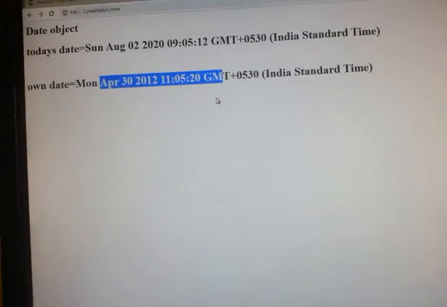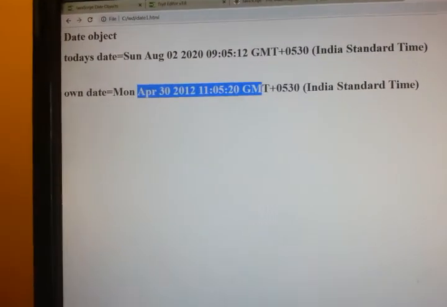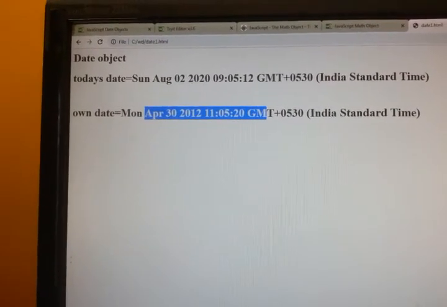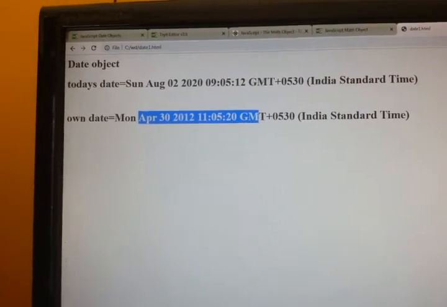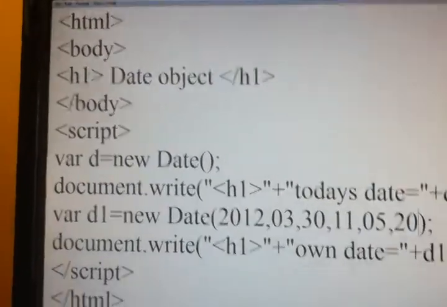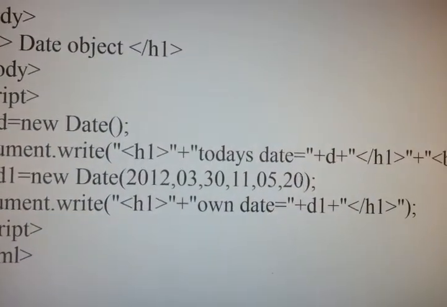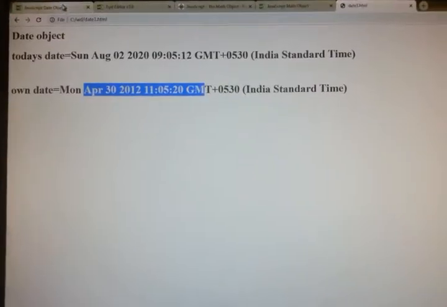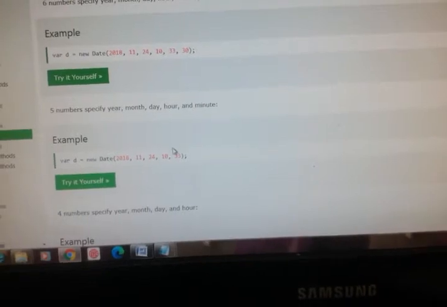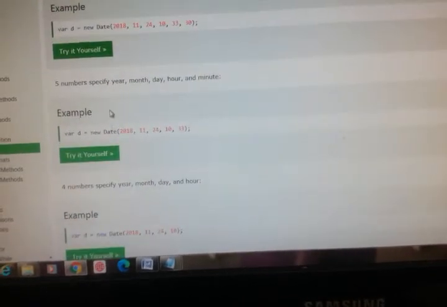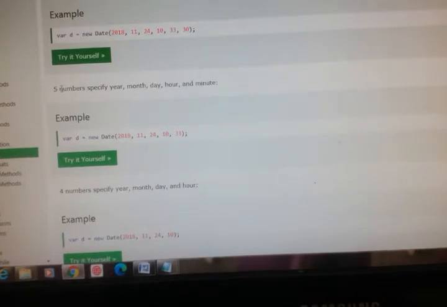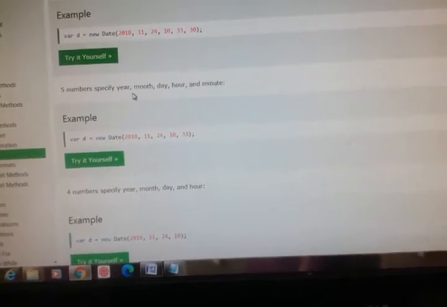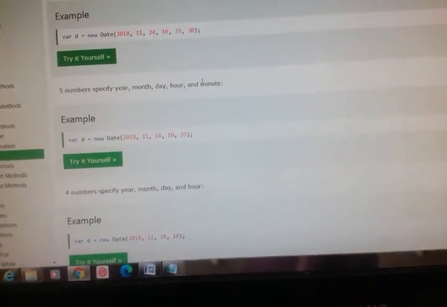There is no change. So from 7 I have moved to 6. Here I have removed milliseconds. I got that also. Then we will try with 5 numbers: year, month, day, hour and minute. Seconds we will not mention.